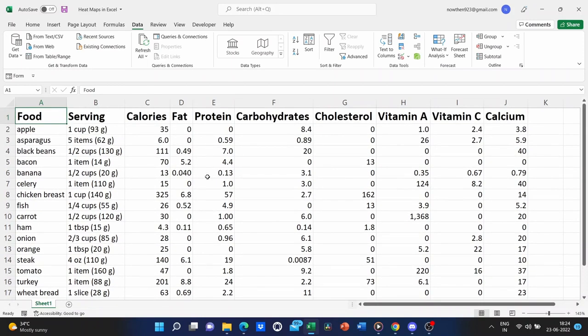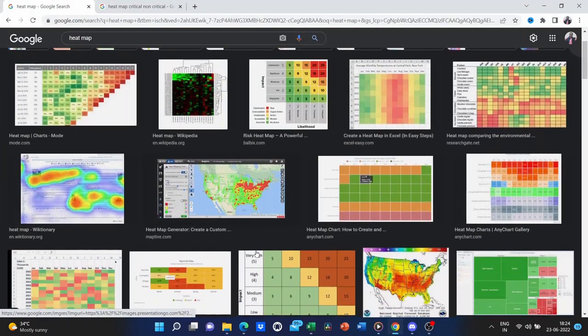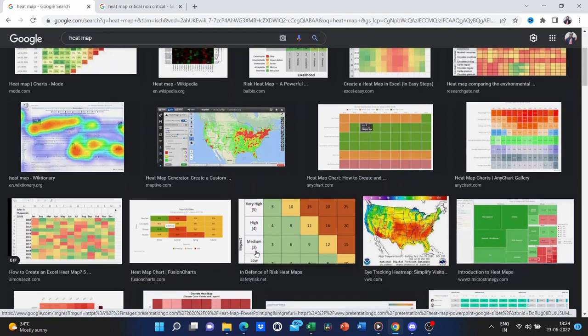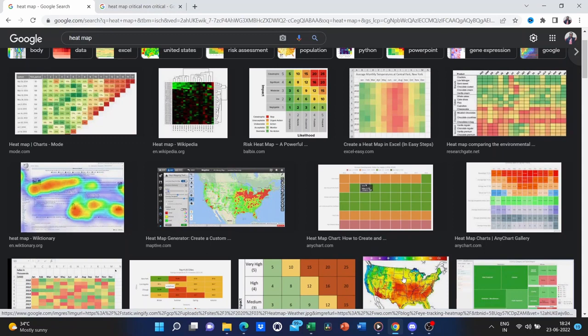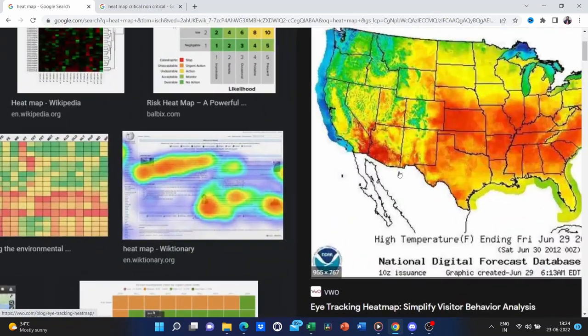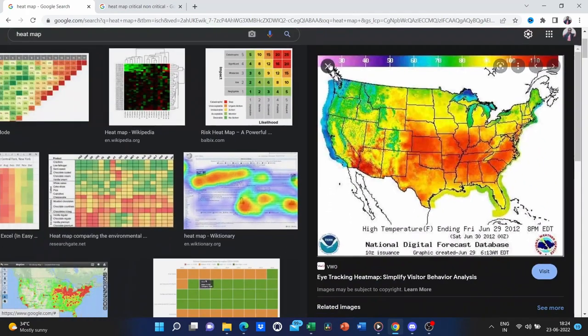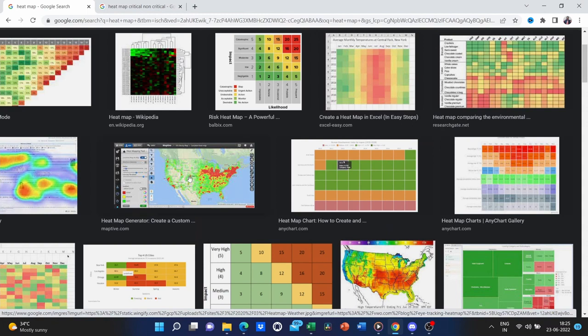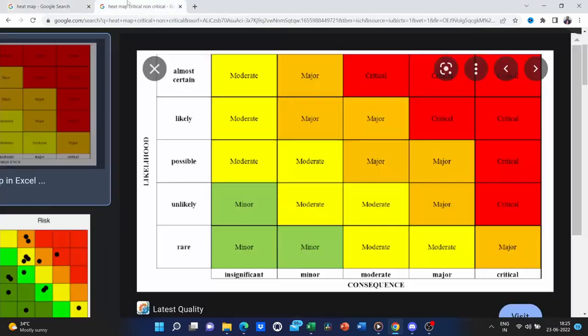Here are a few examples of other heat maps. Heat maps are often used as a way to show the temperature in a geographic location. Let's take a look at this example. So this shows temperatures across the United States. Heat maps are also used for other things, maybe to show where population centers are or where there's higher crime or lower crime in a place, and they can also be used completely separate from geography to indicate, in this case, what's critical, what's minor, and etc.